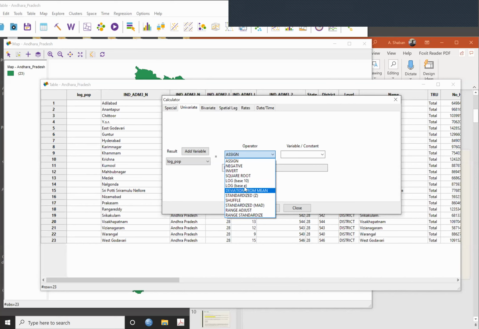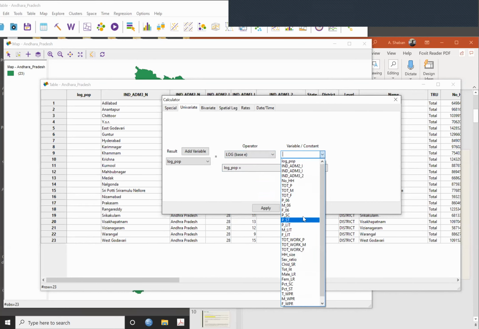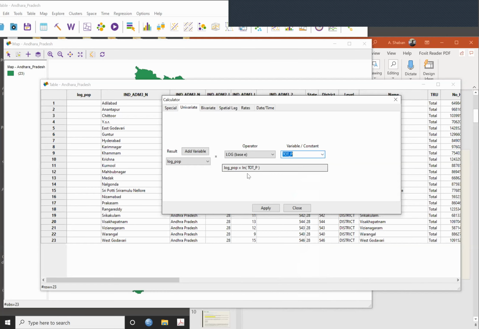But for example, I take log base E, natural log. So I take log base E and the variable, for example, total population. What I wanted to do is the natural log of total population.